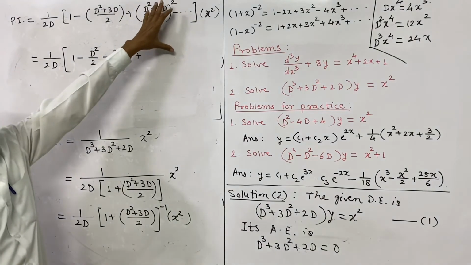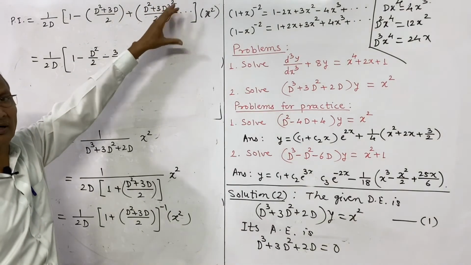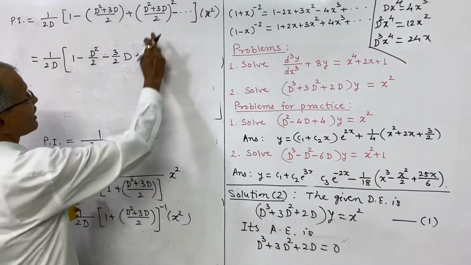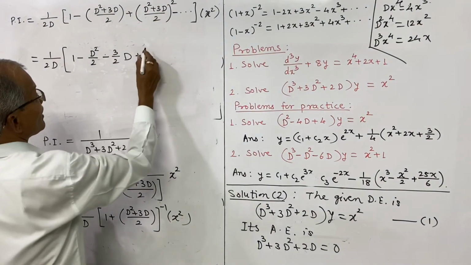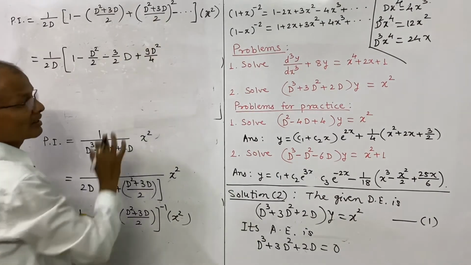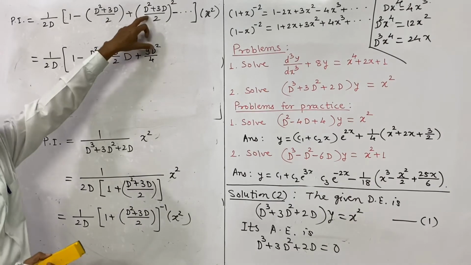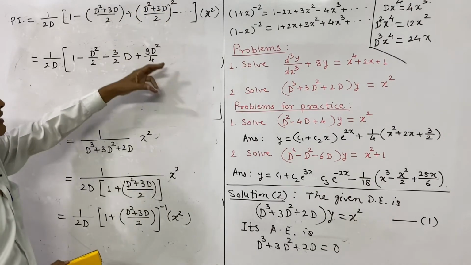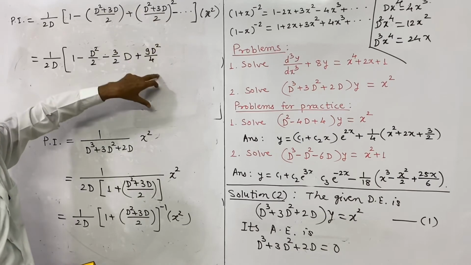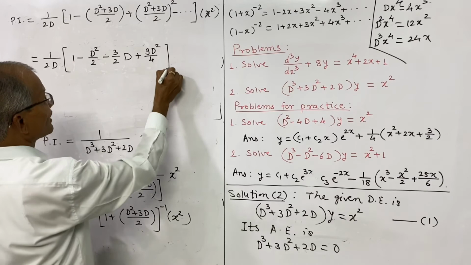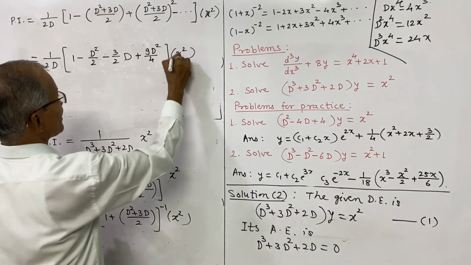So we need only the term of d square. The d cube and d power 4 terms we will neglect, and therefore I shall write only the square of this, 9d square divided by 4. Remaining terms are there. We have used only the formula of a plus b whole square, but I have not written the terms of d cube and d power 4. So plus higher power terms, which are neglected, operated on x square.